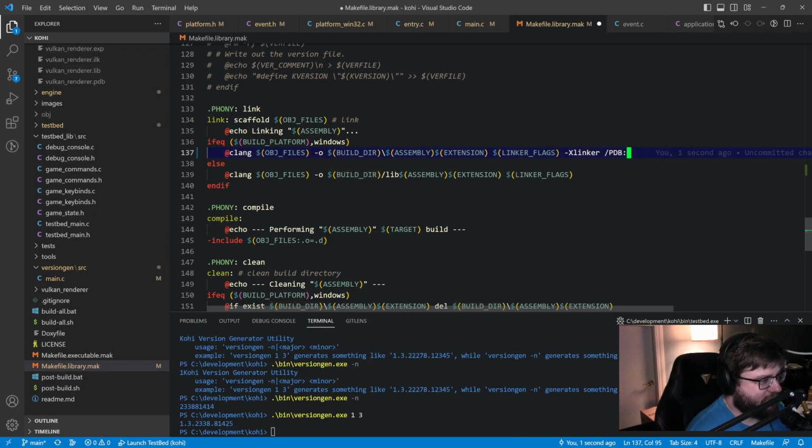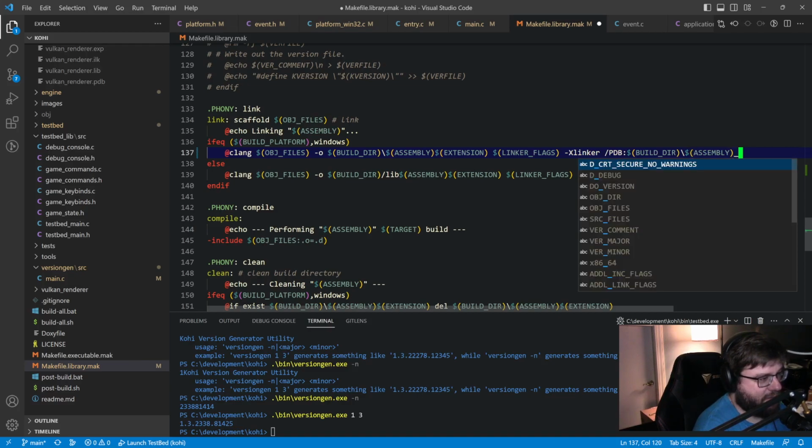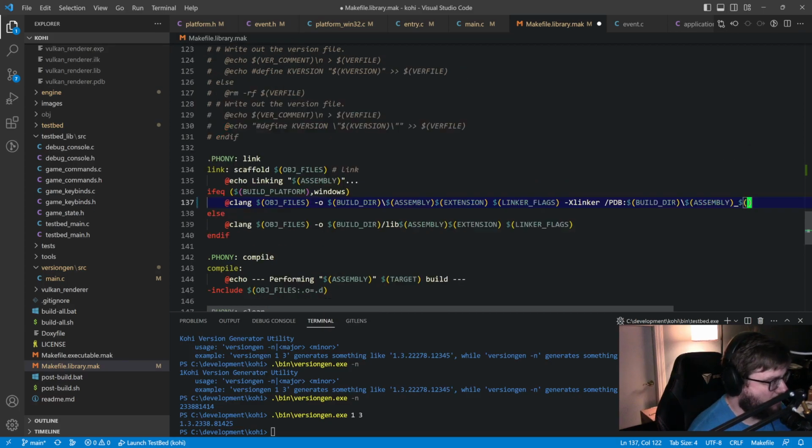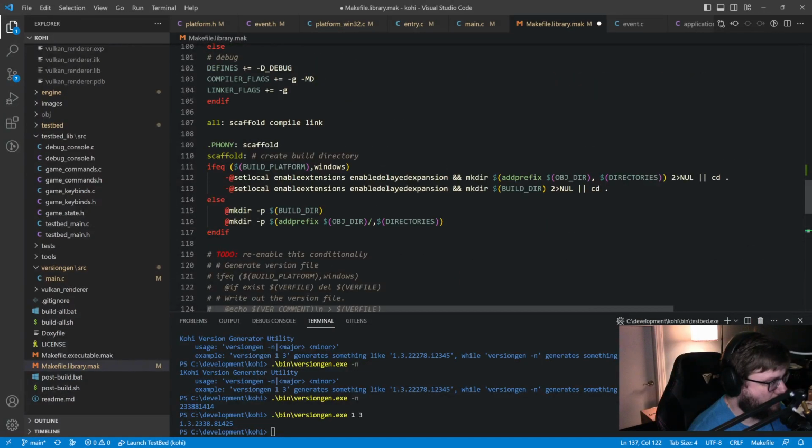So in this case, we want to place that in the build directory, and then \assembly, right? And then we're going to add an underscore to that, and to that, we are going to put in our newly generated,